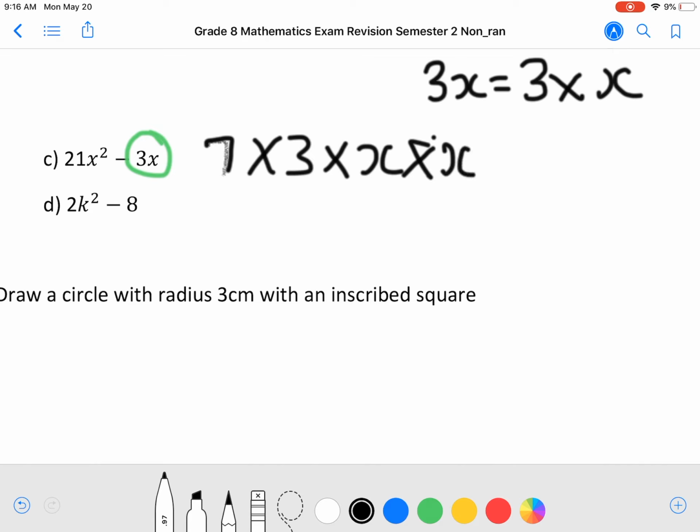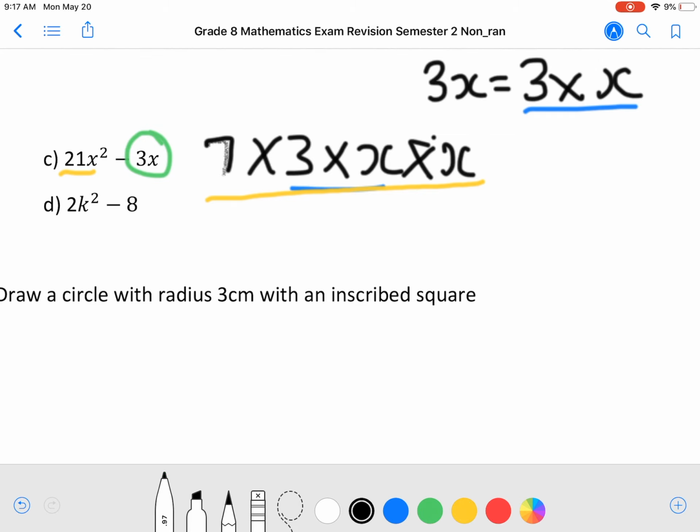We already have these two common here, so we can take that out. We have this 7 multiplied by 3 multiplied by x multiplied by x, which is this yellow one over here,